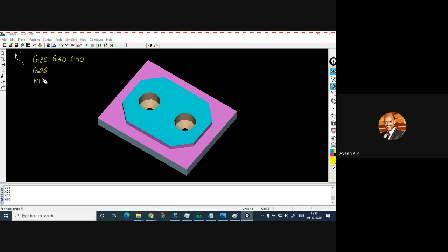Okay, M06 T01. M06 is an M code, meaning you need to change the cutting tool of the machine. So I have specified that as T01. If you remember, I set the T01 as a face cutter of 40 diameter. Okay, so we are using a face mill of diameter 40. Okay, next, followed with M06,